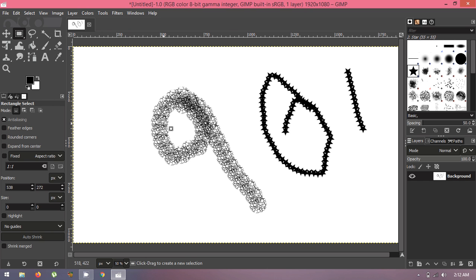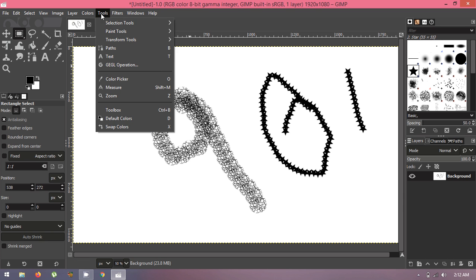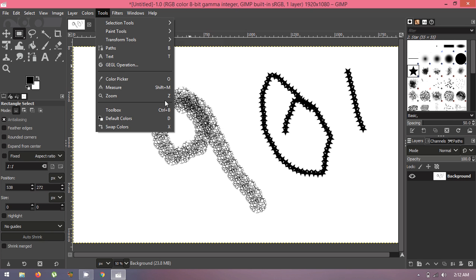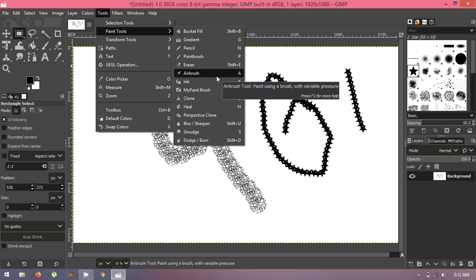Just try the simple paint tools. Go to your Tools, here is the option Paint Tools, try all these tools and their uses. They are very simple. We have already used many of them in MS Paint or any other painting software as well, so you can easily try this. So your work for today is: download it, install it, open your first image, and then try all the paint tools in your GIMP.